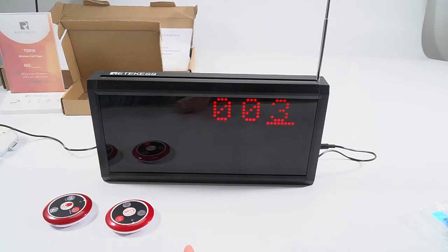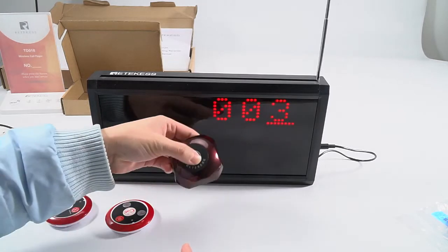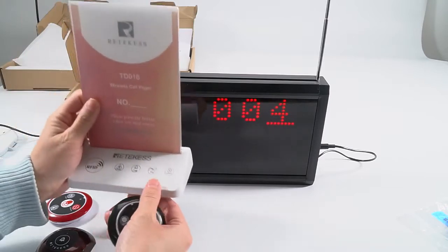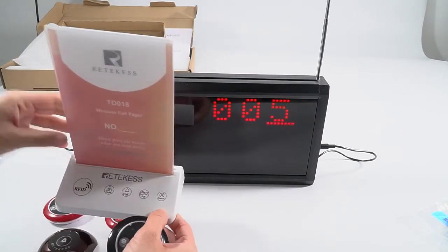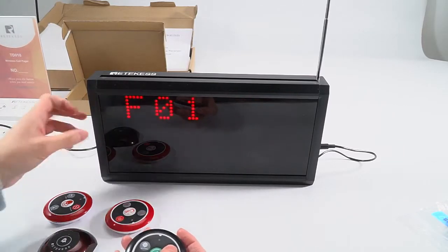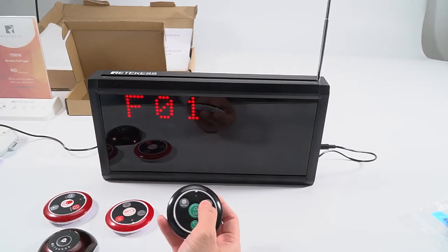The number is up to 999. And I will pair it again. Successfully registration. And pair the original call buttons as well. Successfully registration. Okay. I will go back to Number registration. This is for the number registration. And I will go back and show you